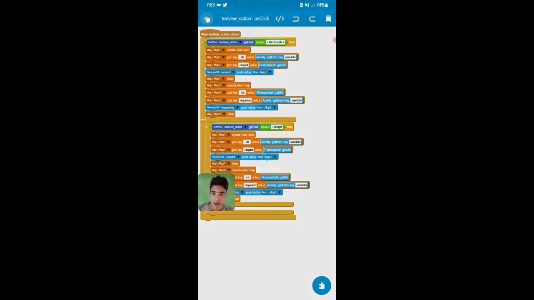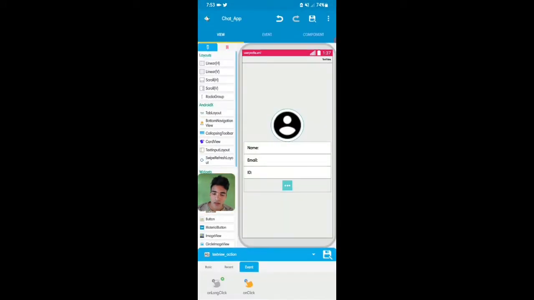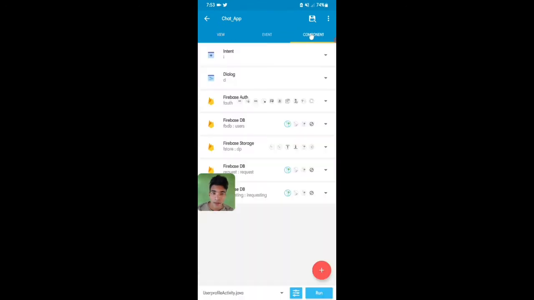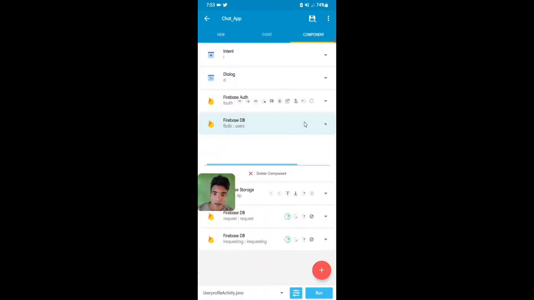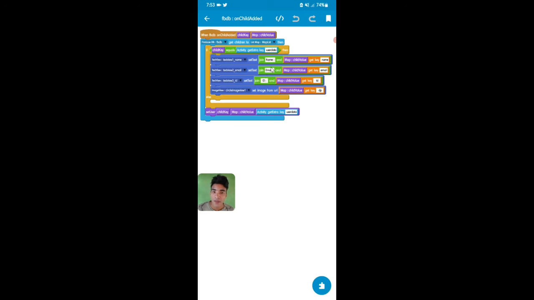I'll add it, and then I'll go back, and then go to the component area, and here I will first do FBDB user on child added. Here is the simple code like Firebase DB FBDB get children to list map list.